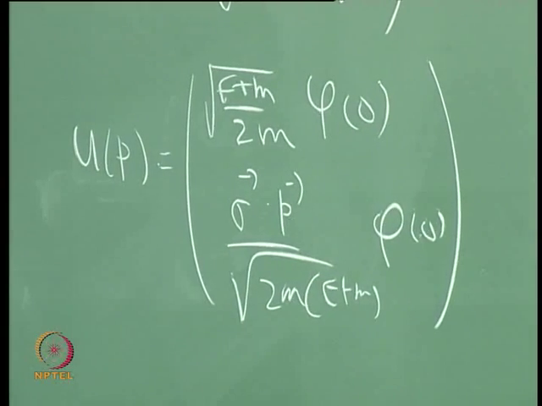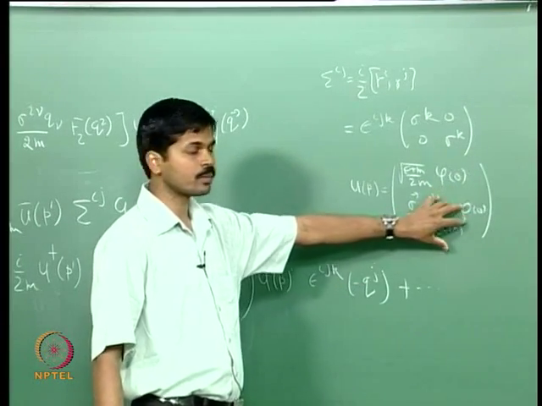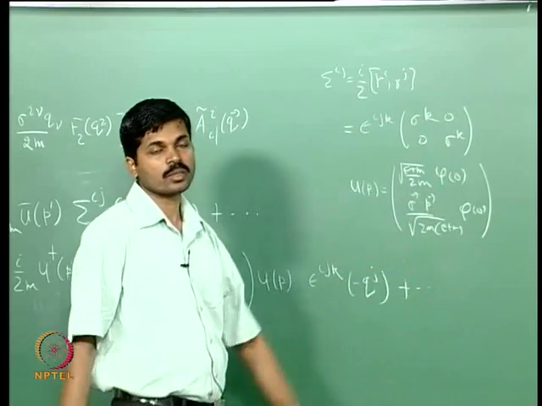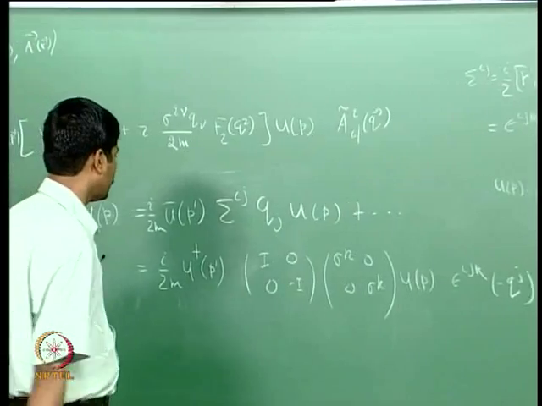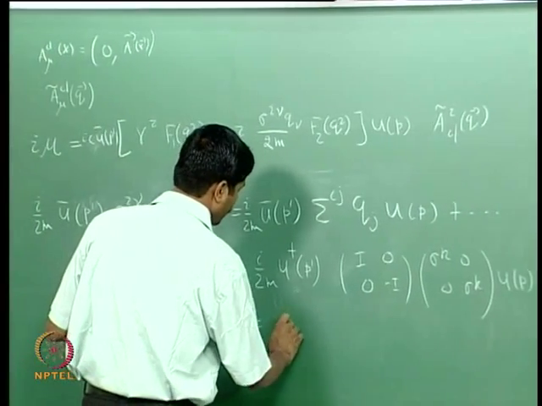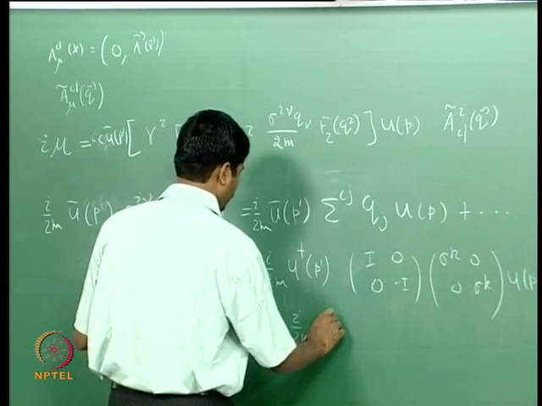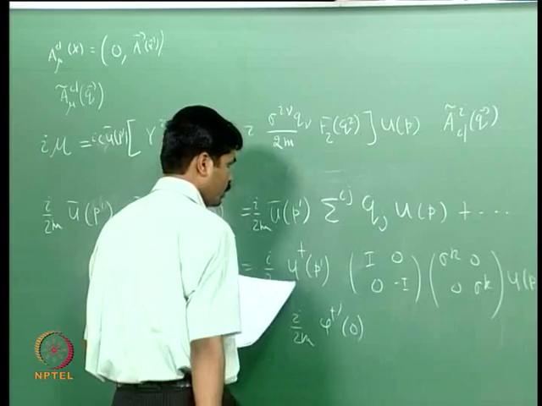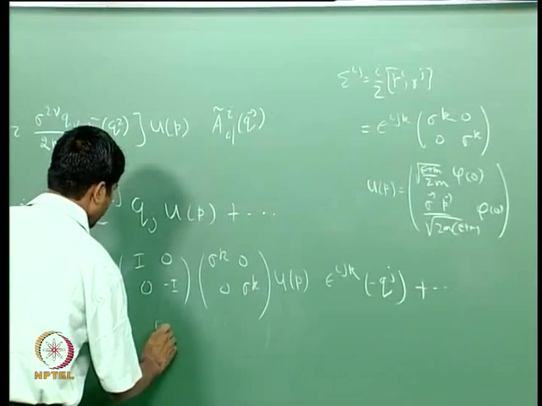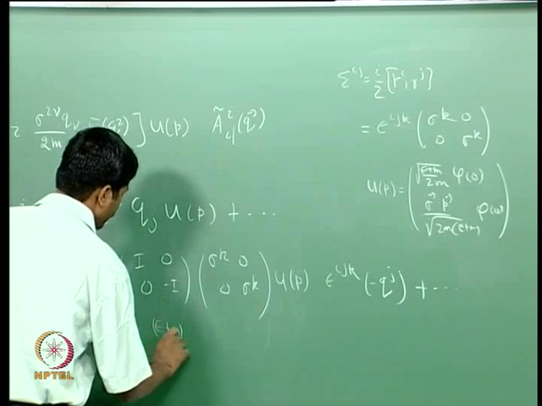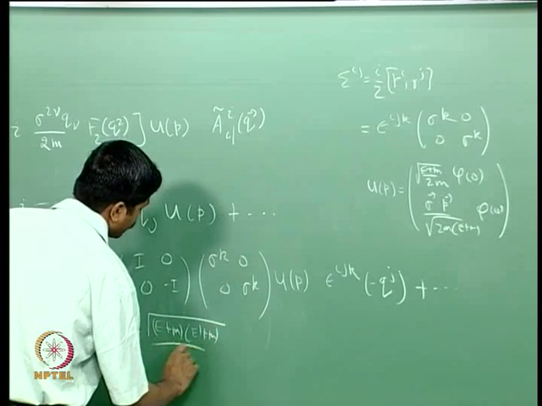Since this is already linear in q, I will set this to 0, because if I keep this term, it will give me a term which is cubic. So when I do that, what I will get is i over 2m phi dagger prime of 0, and this will give me square root of E plus m E prime plus m over 2m,